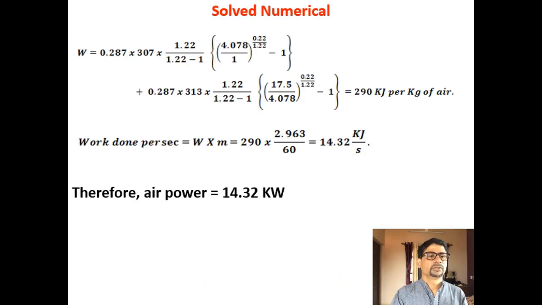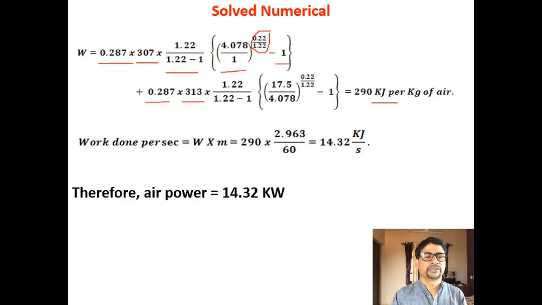Now let us substitute the various parameters in the equation. So W is equal to R T1. R is 0.287, substituted in kilojoules per kg per Kelvin, so the answer will also be in kilojoules per kg. T1, the temperature of air entering the LP cylinder, I think is given as 34 degrees Celsius, 273 plus 34, 307, correct? Then n by n minus 1, here it is (P2 by P1) to the power n minus 1 by n, minus 1, here also R is 0.287.